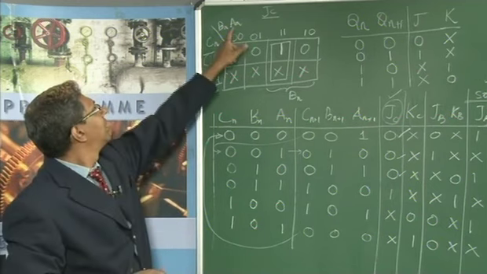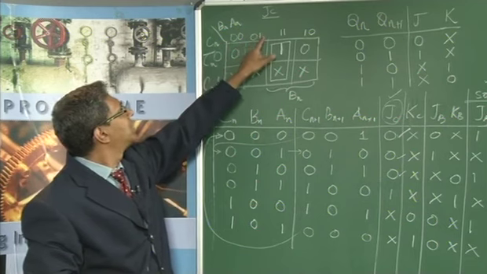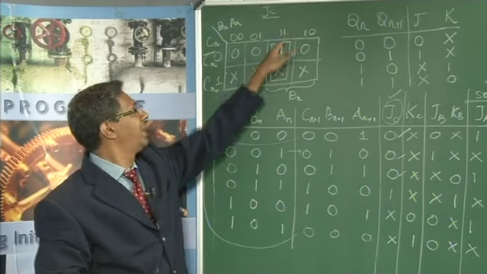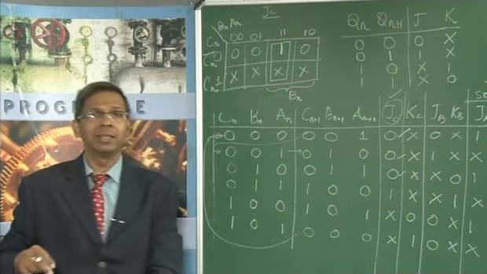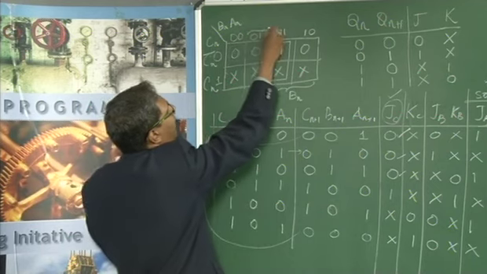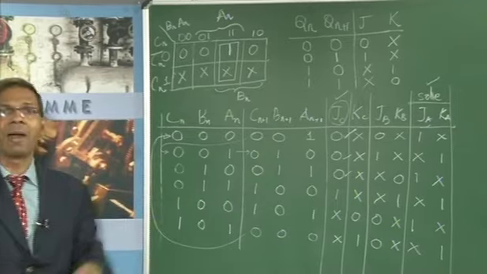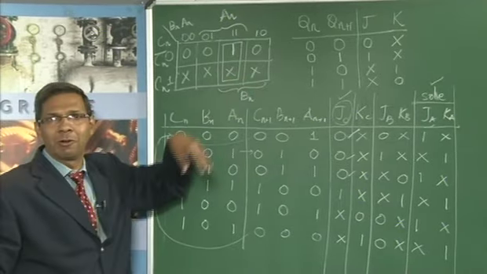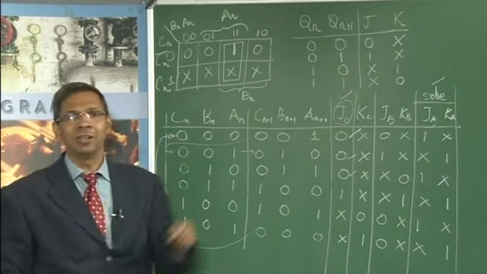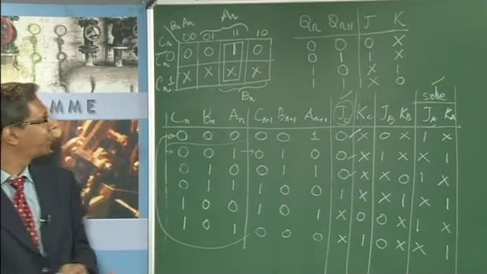Similarly, for the last term, An, find the columns where it is 1. An is 1 in this column and An is 1 in this column. So I will mark these two columns as An. So what I have basically done is identified that these two columns belong to Bn, these two columns belong to An, and this column belongs to Cn. Now all you have to do is merge this and come out with an expression.